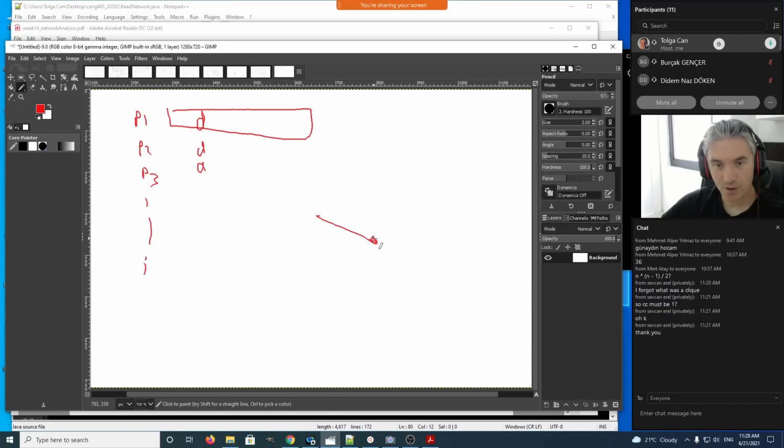For example, let me try to show something like this. Imagine there's a node with degree 4. The largest it can have is K-core 4. But what if its neighbors do not have any other neighbors? For example, this can be a member of at most 1-core, right? This can be a member of at most 1-core because it has only one neighbor. So what happens is that the vertex with degree 4, the maximum K-core that it could belong to was